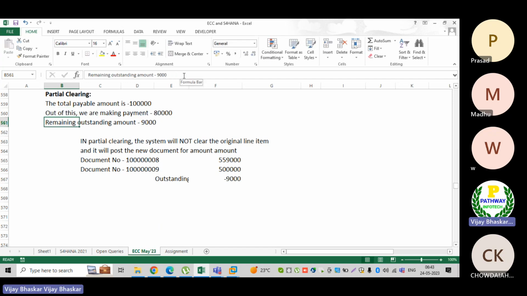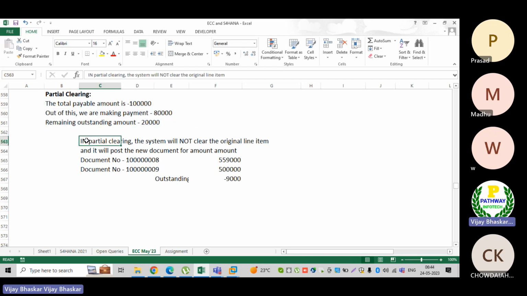Remember carefully, this is an interview question, which is the reason I am explaining once again. Then what would be my remaining outstanding amount? 20,000 rupees would be my outstanding amount. This is the scenario, everybody is aware of this.